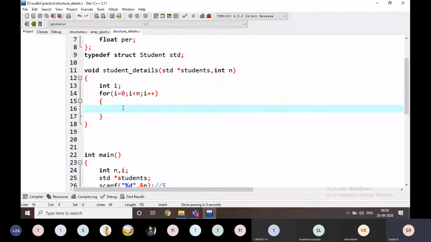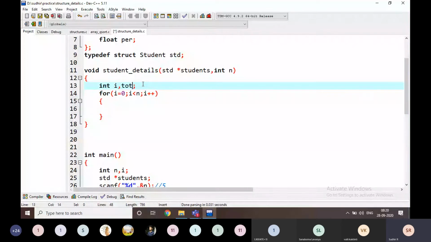What I'm going to do here is calculate for each and every student. For example, I'm going to take some total variable. Instead of total, I'm going to take some TOT. That's it. It is equal to 0.